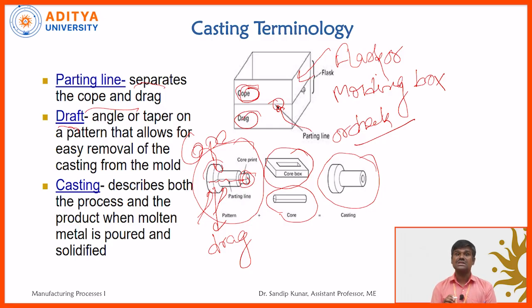After getting the solidified product, it does not have exact dimensions or a good surface finish. So after fabricating the casting product, we take it to the secondary manufacturing process, meaning a material removal process, the machining process. Using machining, we provide the very fine surface finish and accurate dimensions required by the particular customer, as per customer choice or requirement. After fabricating, finally we deliver it to the customer.